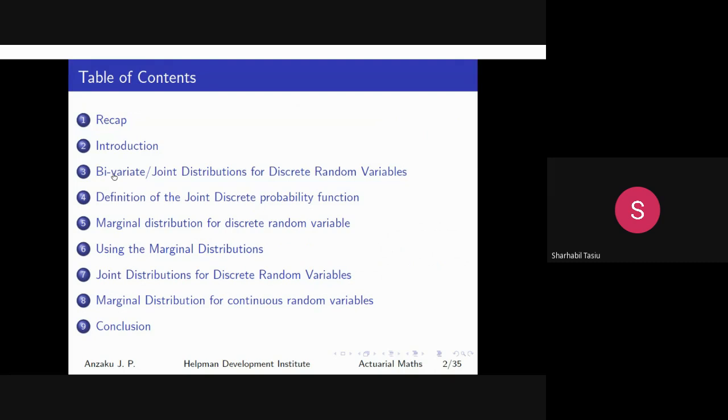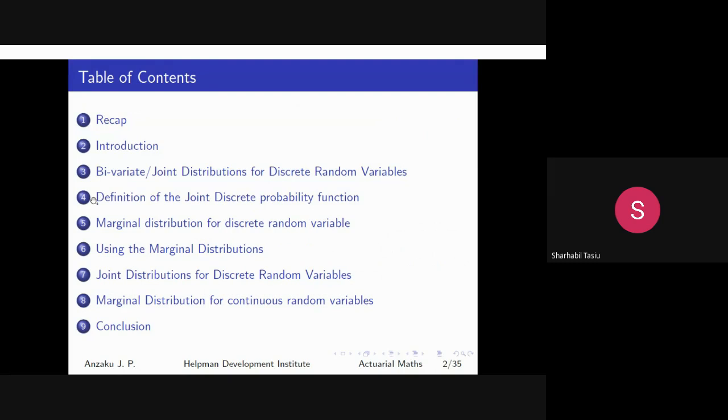So when we say bivariate, we are actually talking about joint, because what we are looking at is how we can join the two variables together and find their probabilities. So that is basically what we'll be doing. When we see bivariate, let our mind just go to joint. And when we see joint too, let us quickly think of it as bivariate.